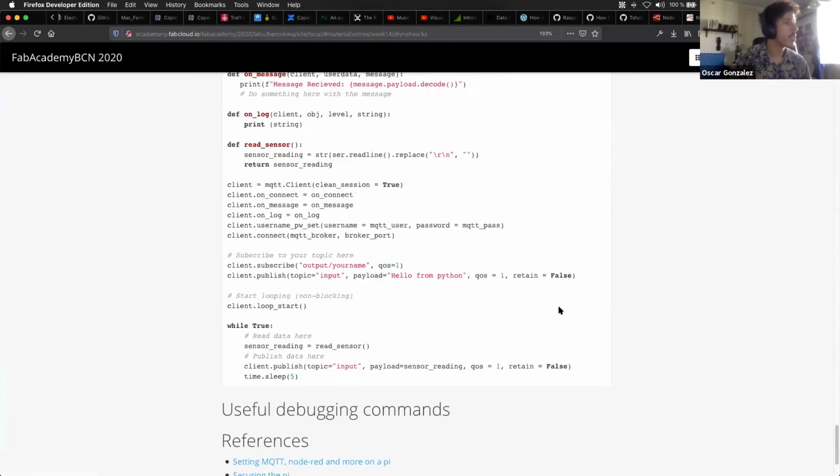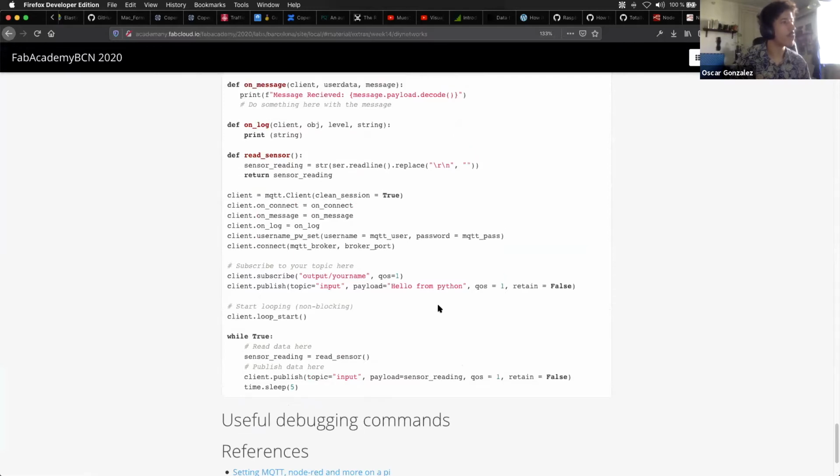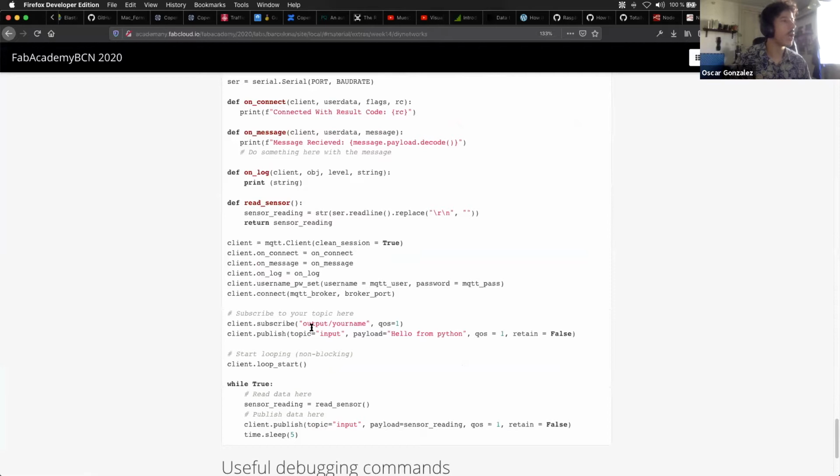So basically, it will be the same way. You have to subscribe to a topic and publish into a topic. And basically, I will be reading all that. Once you have this more or less done, since probably you will put your name in a weird way, I